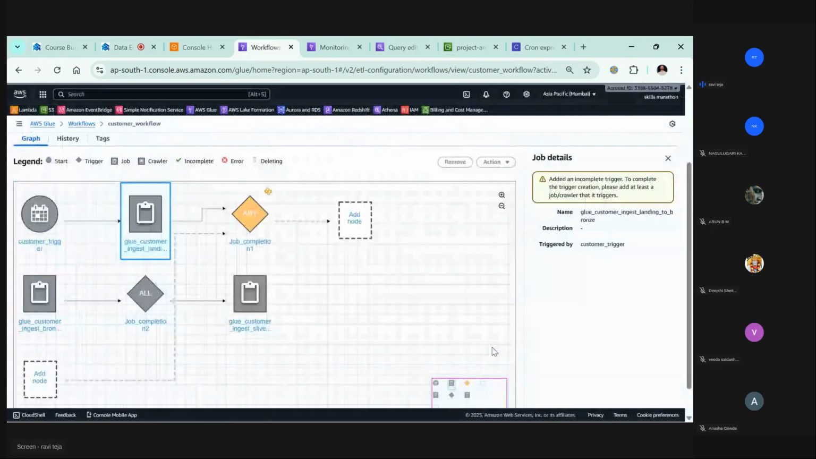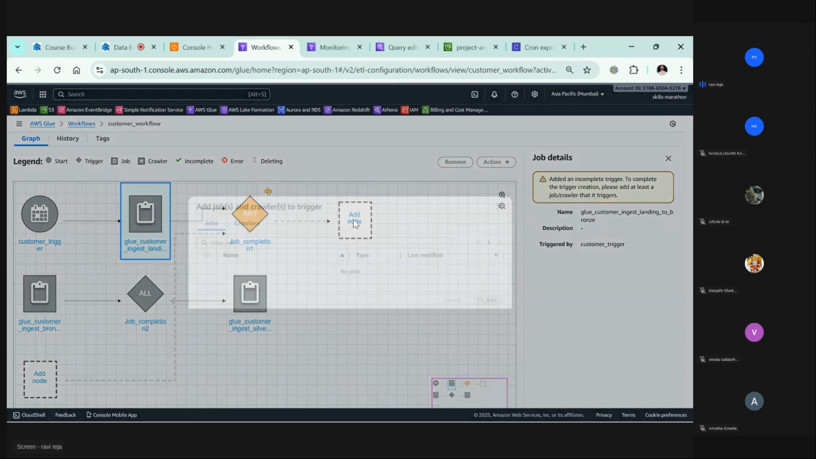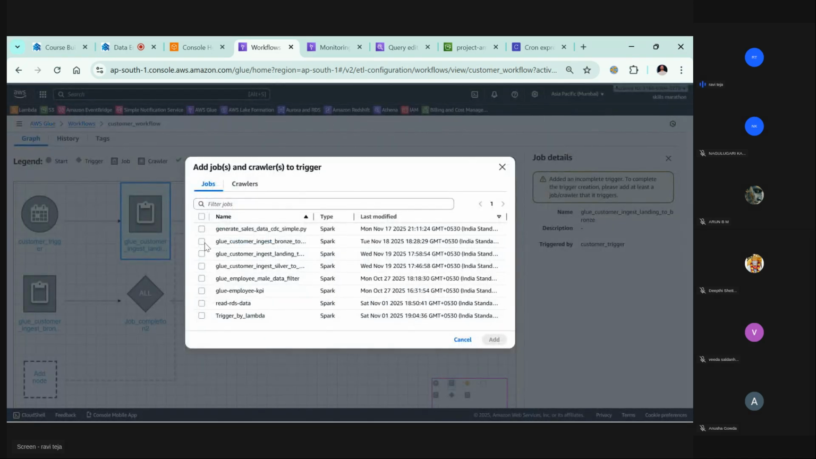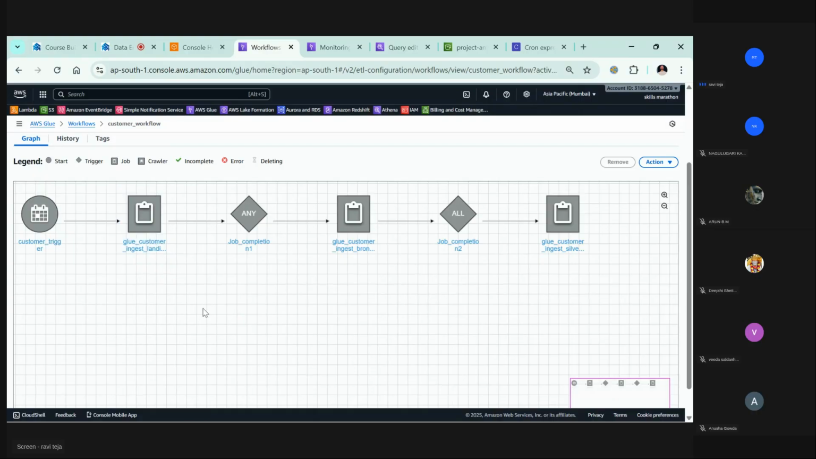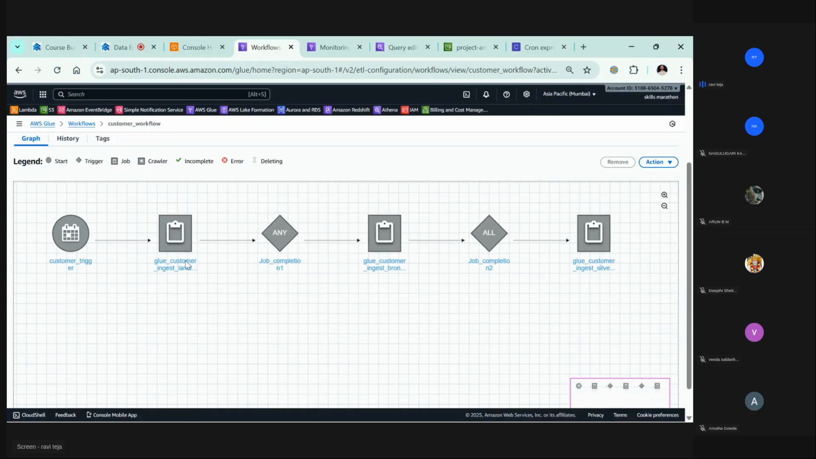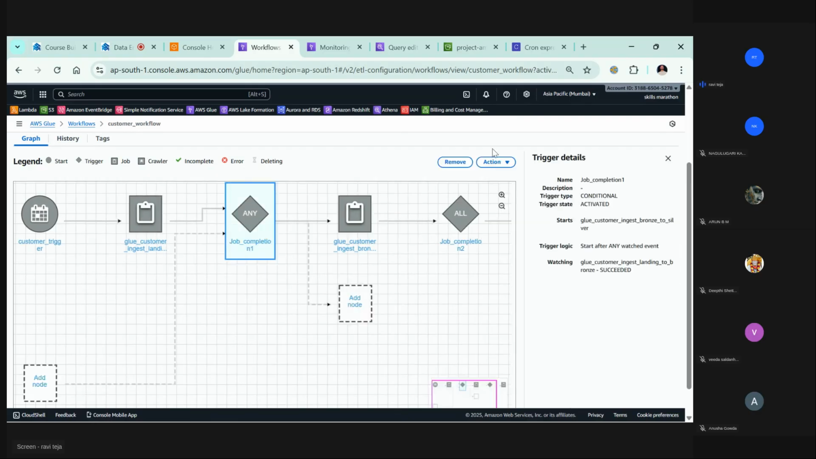Now let's take this. Okay, now here, node, right? What I will do is just ingest this, ingest branch to silver. Okay, so this is what I have done. Customer trigger job landing, customer ingest landing to branch, then job completion. Okay, what is this job completion condition? If I go and click on edit,